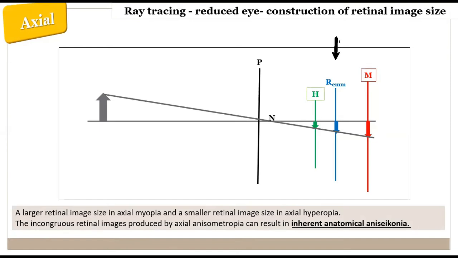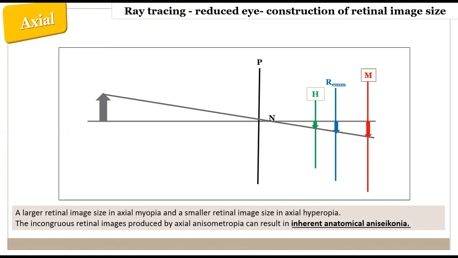So this is the retinal plane for an emmetropic eye with average axial length. And here in axial hyperopia, when we have a smaller eyeball, you can see here a smaller retinal image relative to the emmetropic image size. And here in axial myopia, you can see a larger image size. So in summary, we have a larger retinal image size in axial myopia and a smaller retinal image size in